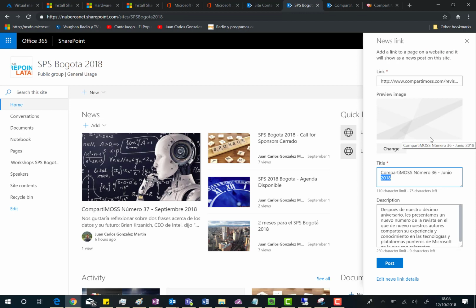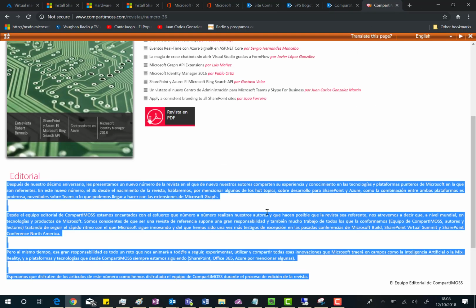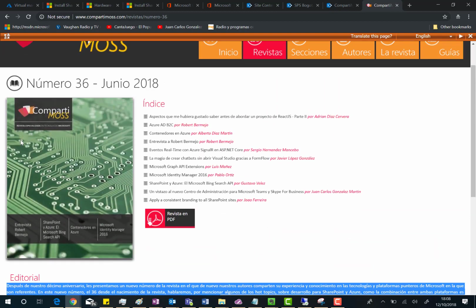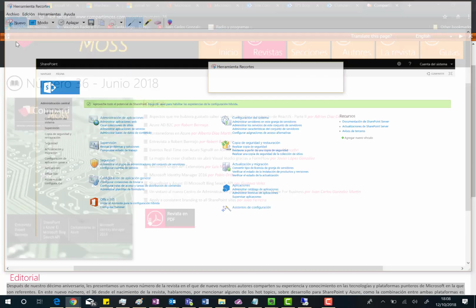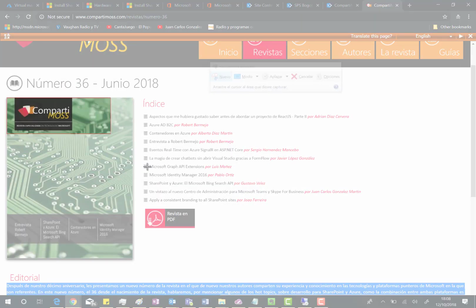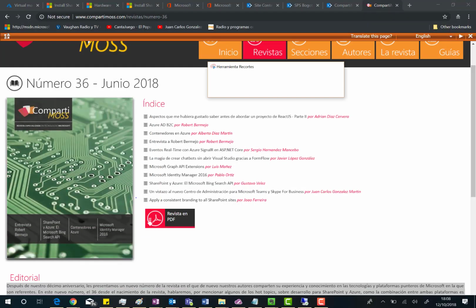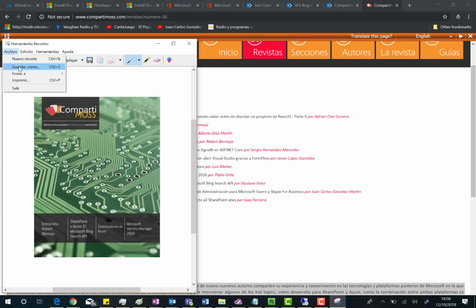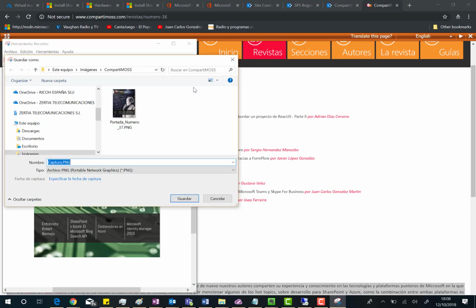And what I can do is just, for instance, to change the picture we want to show for this news. So, for instance, I'm going to do a screenshot of the portrait of this issue of the Compartimos magazine. Yep, here we go. I can save. I'm going to save this as a picture I can easily identify. So I can say this is portrait